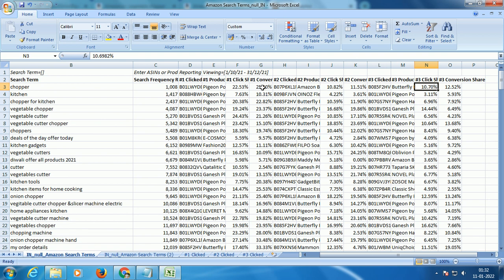Let's say if your conversion ratio is 20% and your competitors are not in that range, it is a little risky to rank for that specific keyword, right? Let's say if your conversion rate is 20% and your competitors are at 40-50%, there is no point ranking for that specific keyword. Better to look for any other keyword, right? So we'll speak about it at length in future videos.